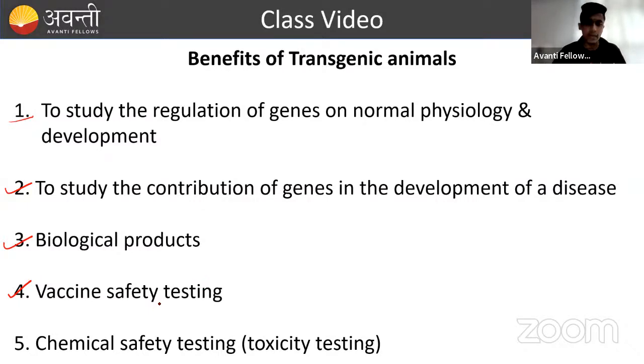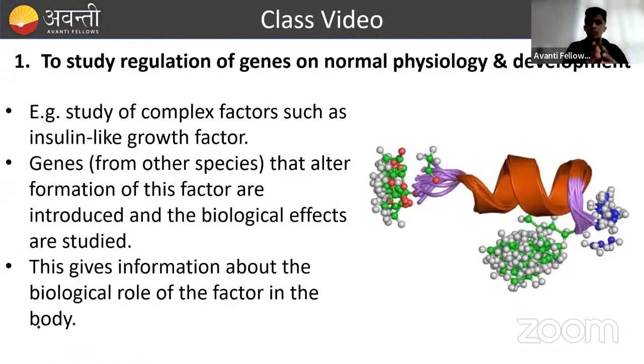And finally, we have chemical safety testing and toxicity testing. It might be particular drugs, or cosmetics, it might be anything. When it comes to human application, again, as I said, it's not possible because it might lead to severe controversies and also certain irreversible problems in our society or population. That is why we test on certain model organisms and make sure it is safe enough for human use too. Let us see these applications in quite some detail.